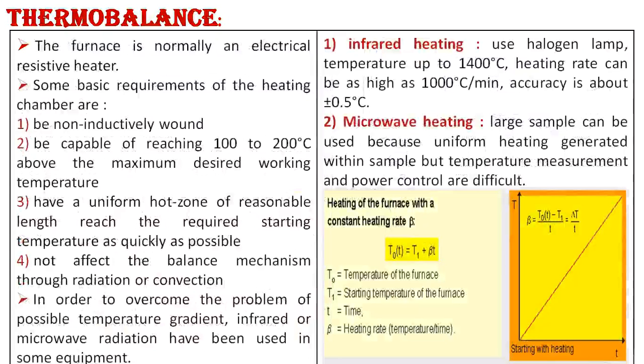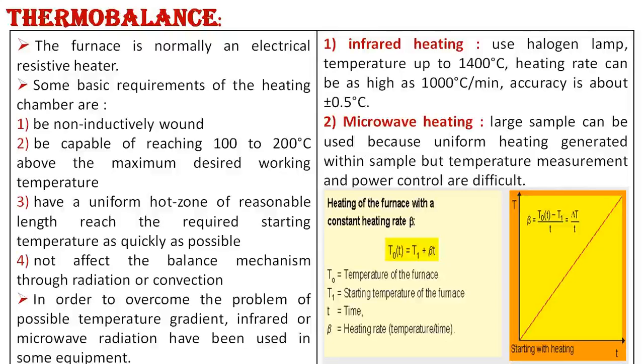Next one is the furnace, which is normally an electrical resistive heater. Some basic requirements of heating chambers are: be non-inductively wound, be capable of reaching 100 to 200 degrees Celsius above the maximum desired working temperature, have a uniform hot zone of reasonable length, reach the required starting temperature as quickly as possible, and not affect the balance mechanism through radiation or convection. In order to overcome the problem of possible temperature gradient, infrared or microwave radiation have been used